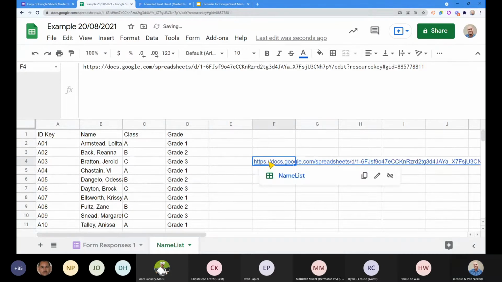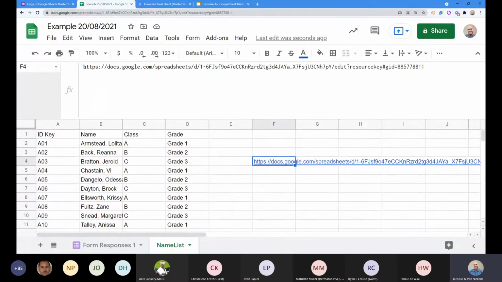Now, the one thing that I've found, and this is not essential, is that with the import range, especially once your system becomes quite big, it works better if you only use, I don't exactly know what they call it, but I'd like to call it the ID key of that sheet.